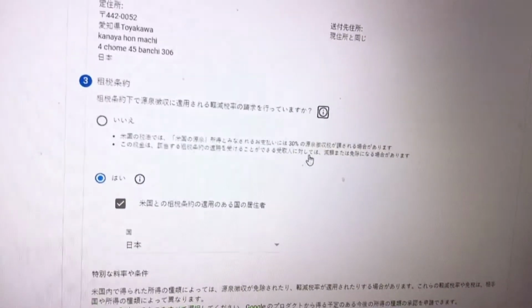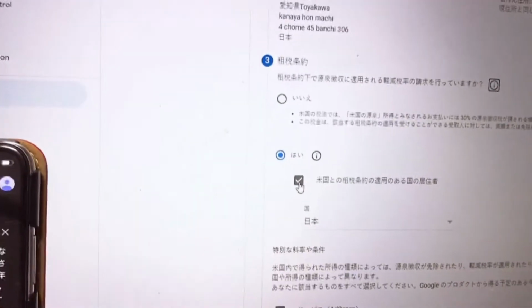This tax may be levied for the applicable tax year. So what it says here is that a reduction or exemption may be applied to the recipients. So I answer yes. So I check this and